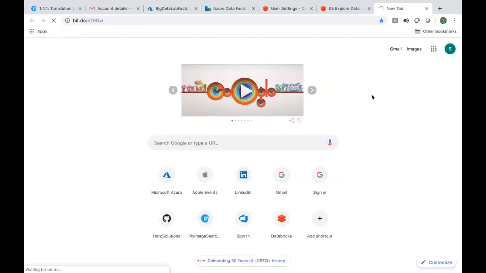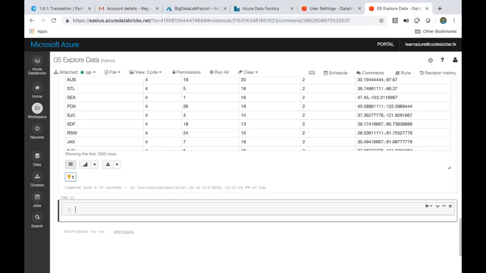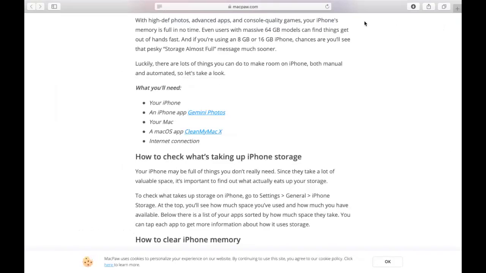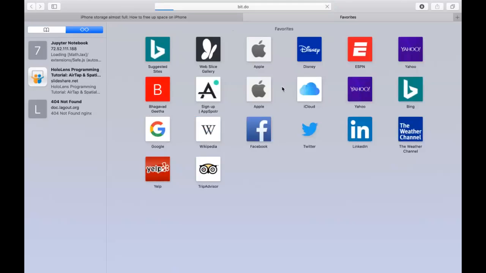I'm not able to open it, so sorry. Anyone able to open it?